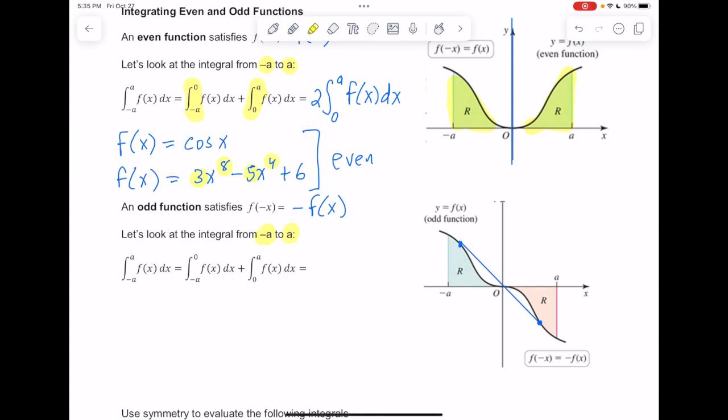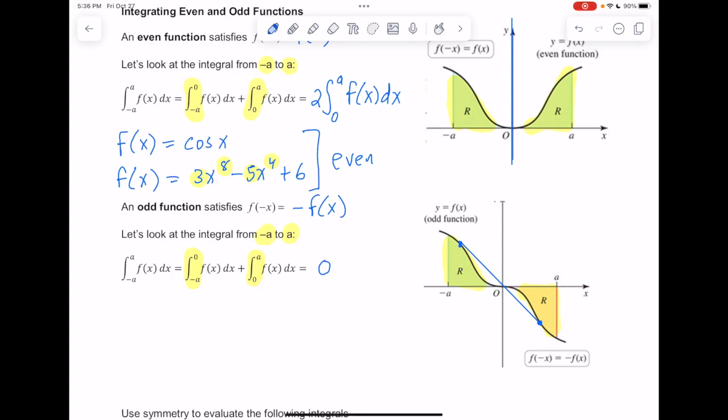And we split it up into the two cases again, the left side and the right-hand side. Well, once again, by the symmetry, the area on the left will be the same size as the area on the right. But what's different about it this time is the area that's above the x-axis will be positive, and the area below the x-axis will be negative. So they will be equal but opposite areas, and so on this one, we get a much better answer. We just get an instant 0 there.